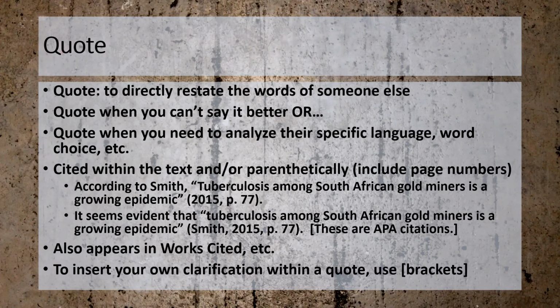If you ever need to provide clarification within a quote, use these brackets. So for instance, let's say you have a quotation where it uses the word they, and you need to clarify who they is. Right after the word they, in brackets, you would put whoever they is, right? The affected population or people with cancer, whatever it is. If we see something in brackets within a quotation, it tells us this is material that was not in the quotation. It's being inserted for clarification purposes.